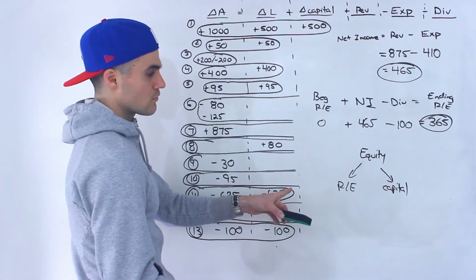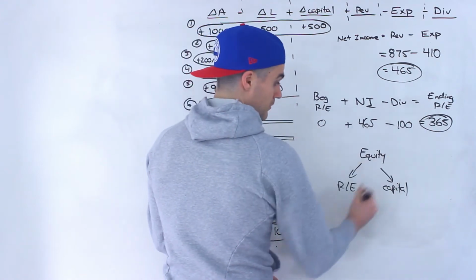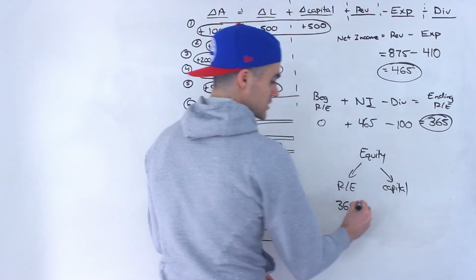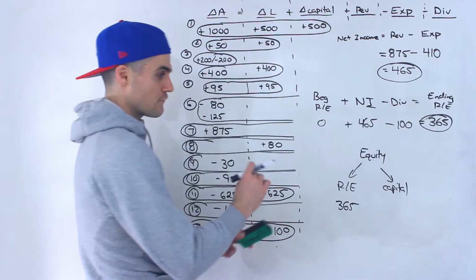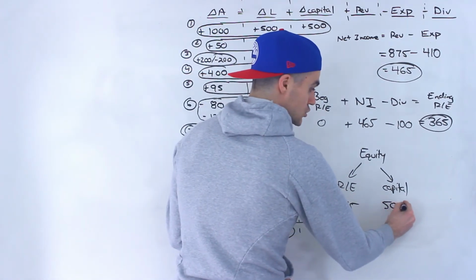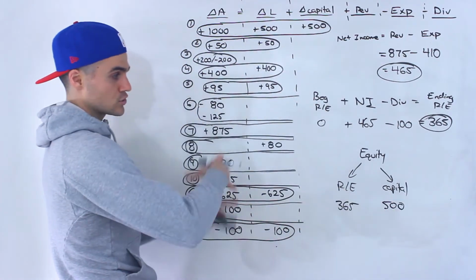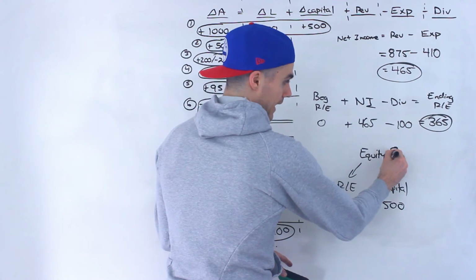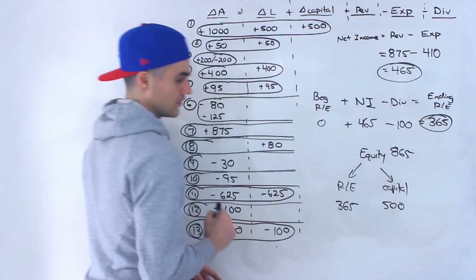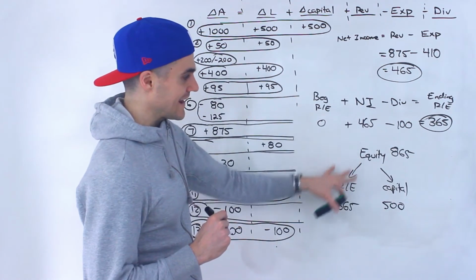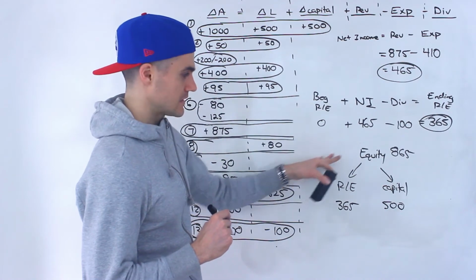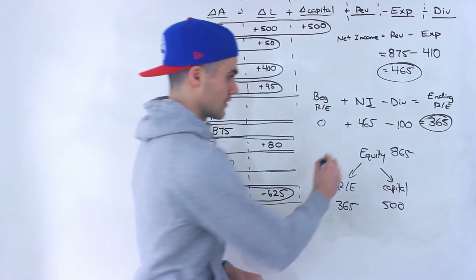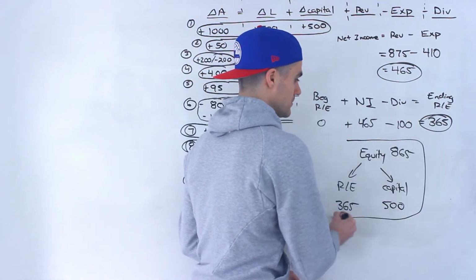And so the retained earnings would be this amount, the $365, and the owner's capital you still have that $500 that you invested initially into the company. And so the total equity would be $865. And so to get that ending equity amount and to split it up properly, that ending balance sheet amount, it